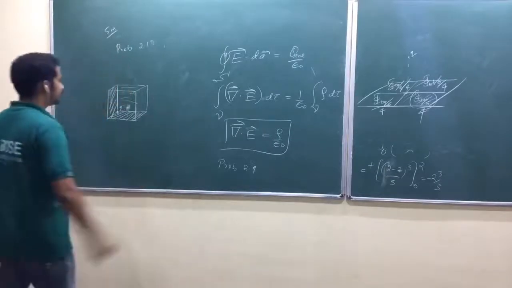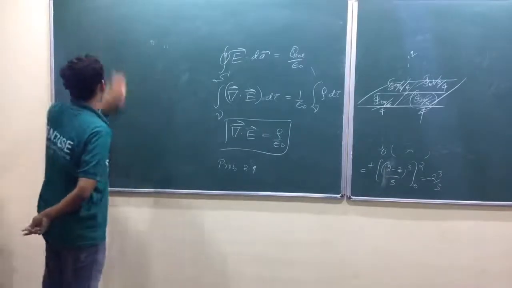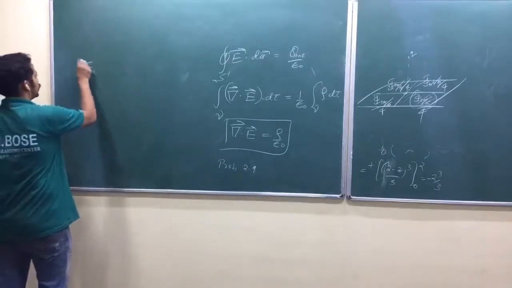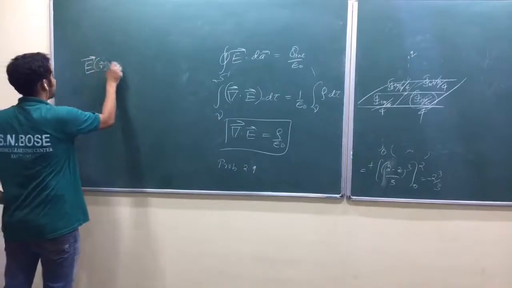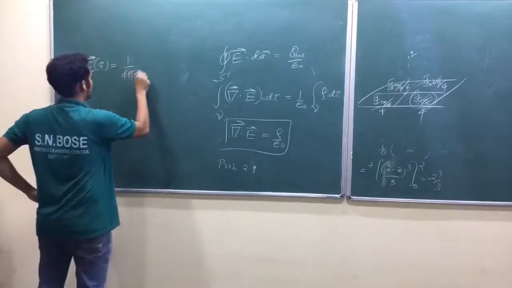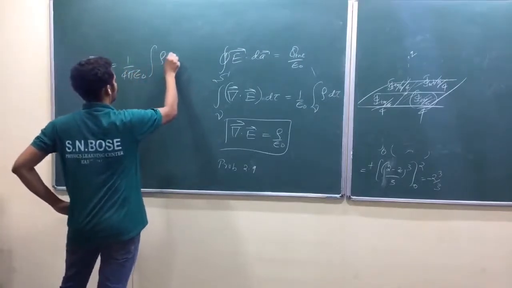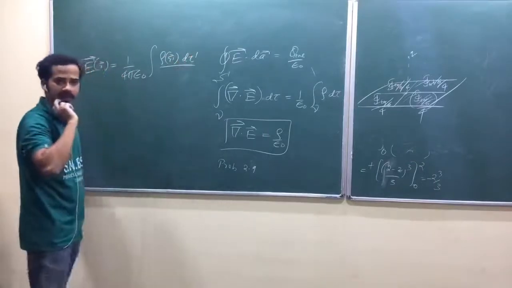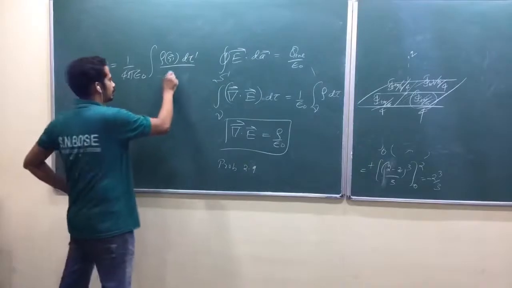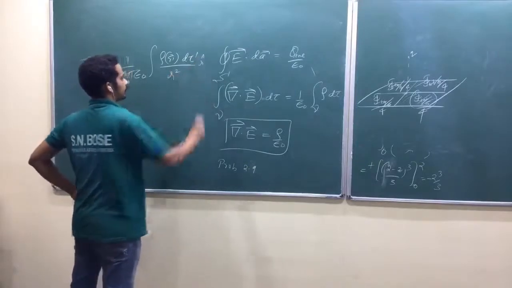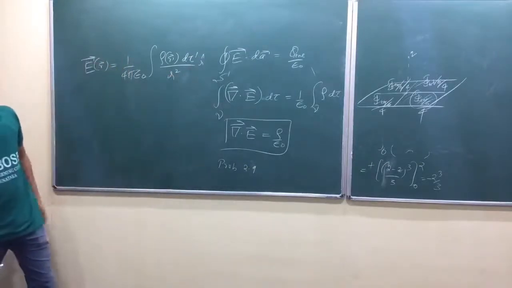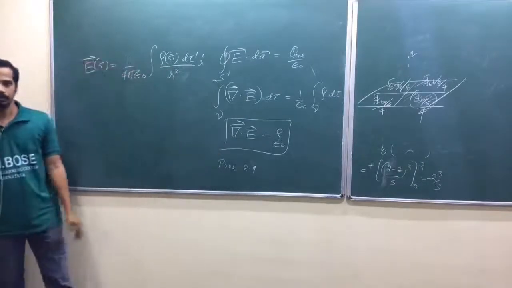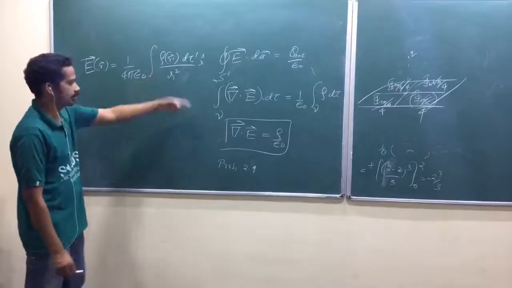Now this is one of the ways, okay? You can start with your electric field at some point, that is 1 by 4 pi epsilon naught integral of rho of r prime d tau prime divided by r square into r cap. Am I right? I think I have written this one. Just revise. I can start with that one. I can take divergence of this one. Let me do it tomorrow. And I can show del dot E is equal to again rho by epsilon naught.